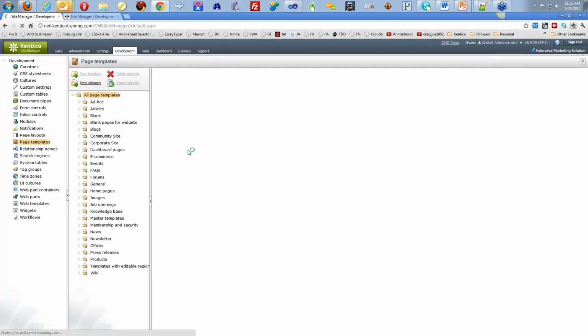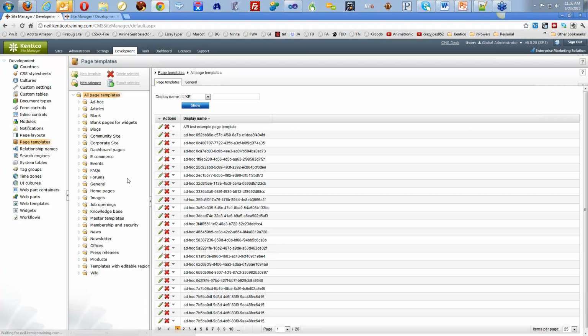So out of the box, Kentico has all these wonderful page templates and web parts and things, and you can just use them right out of the box. You can change them. The only thing is if you don't understand how Kentico's page template inheritance works, you can really mess up a bunch of pages really quick. So one of the best practices I tell people to do, and we do in the corporate site, community site, any of those starter kit sites, is to basically create a new category called like your site name or something,